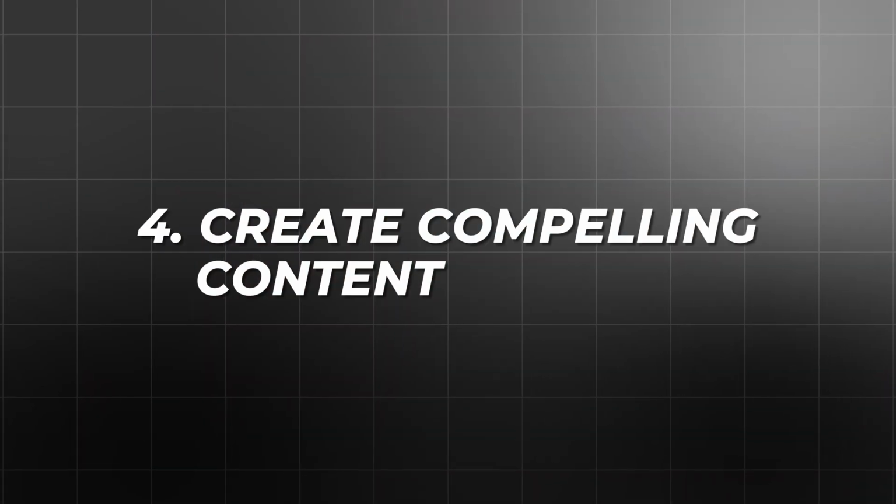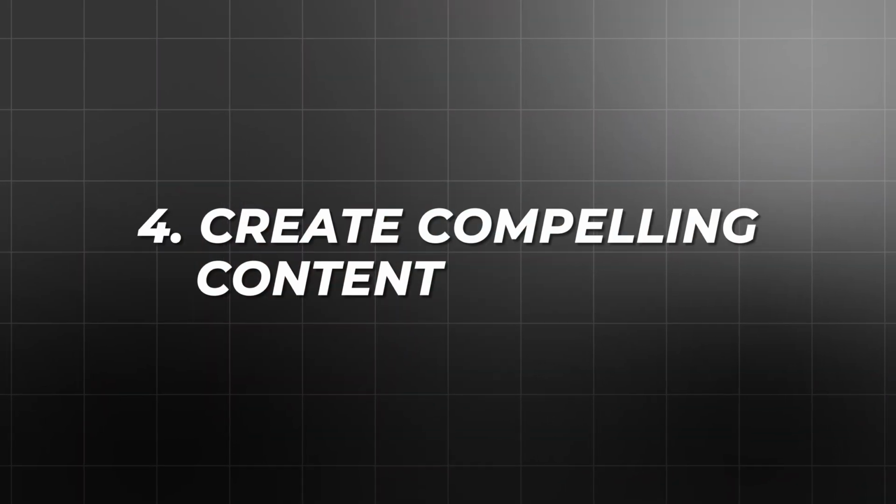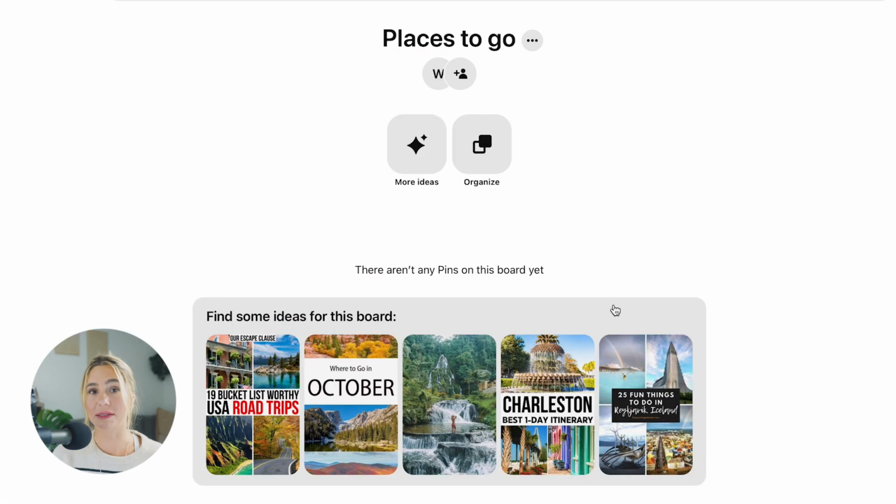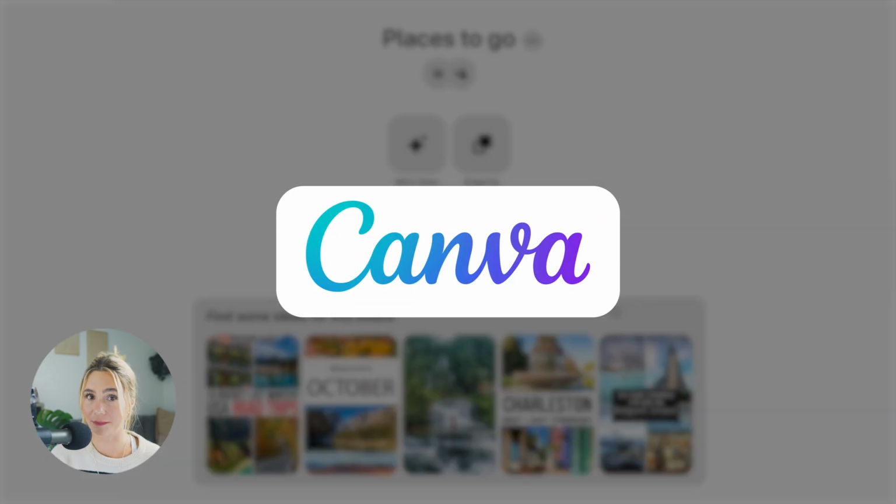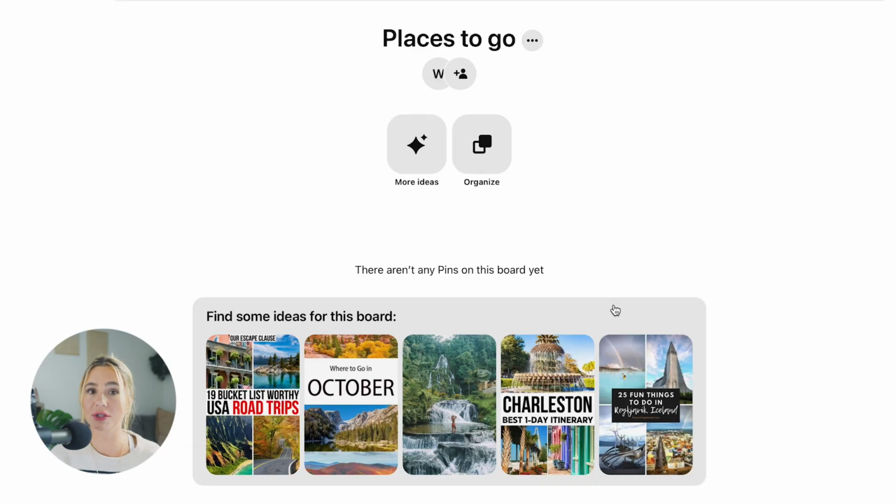Now that we have the board, we want to create compelling content for our Pinterest. What we want to do is to design eye-catching pins. A tool that I highly recommend to use is Canva to create professional looking pins with engaging images, text overlays,